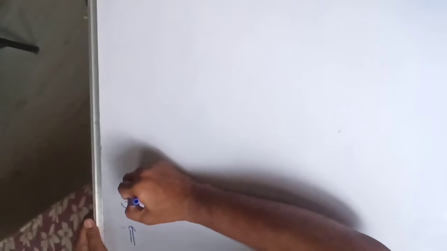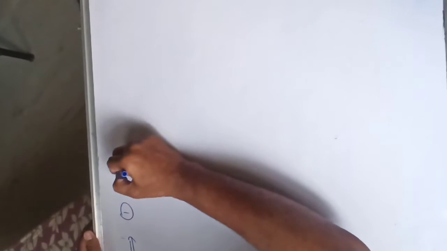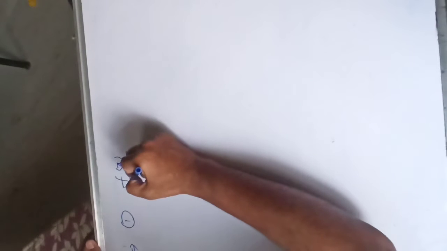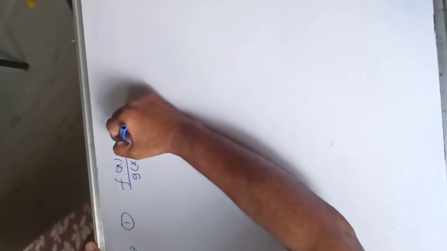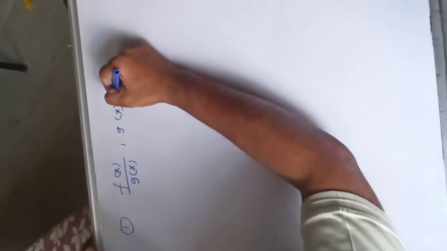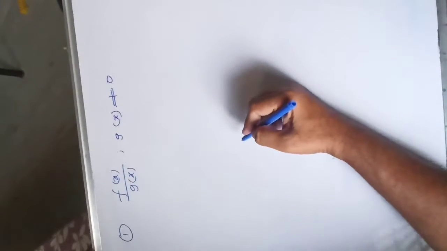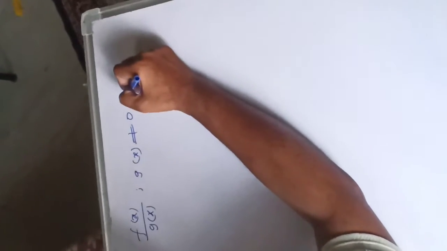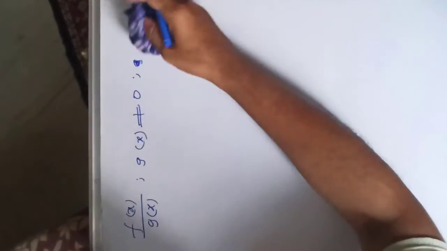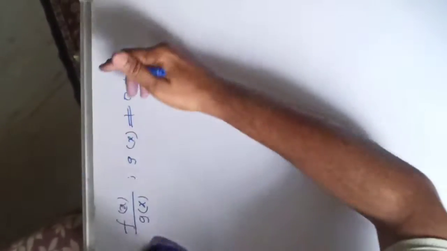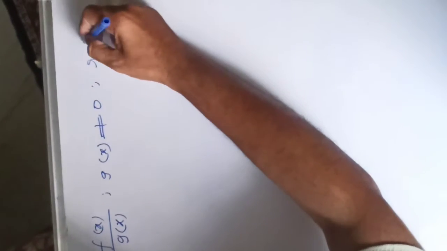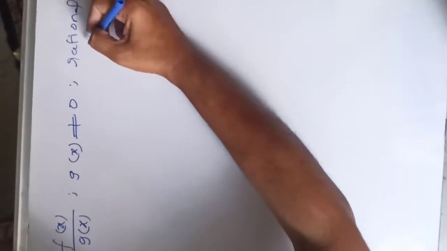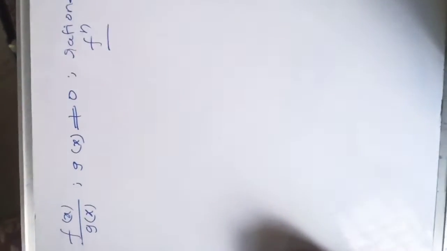Now see, suppose the given function is in the form of f of x by g of x, where g of x should not be equal to 0. This function is a rational function. Example: